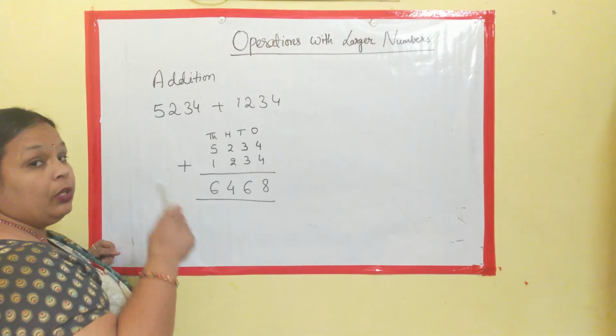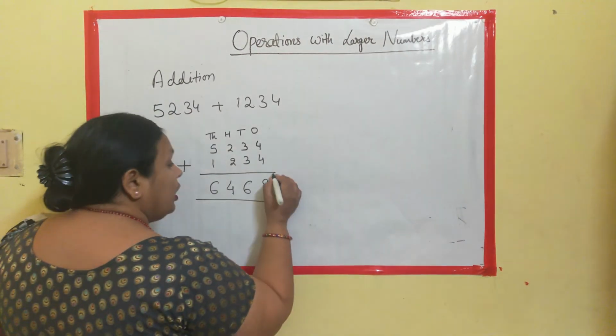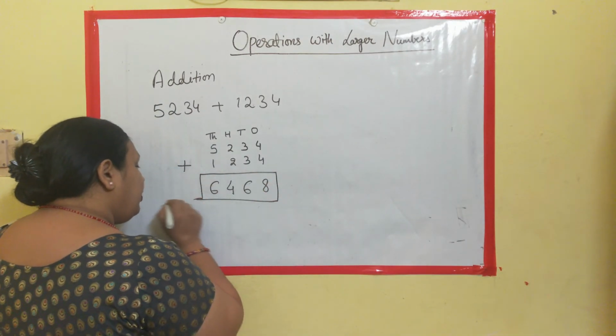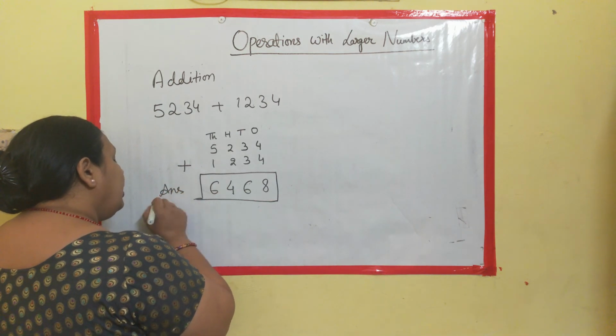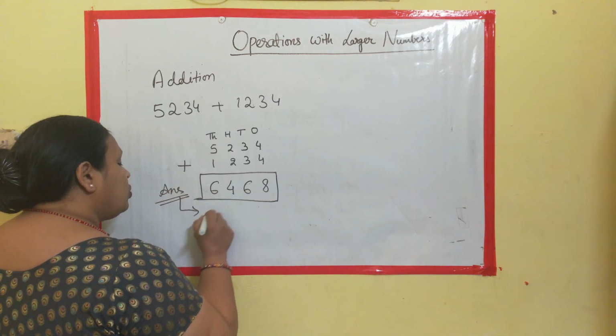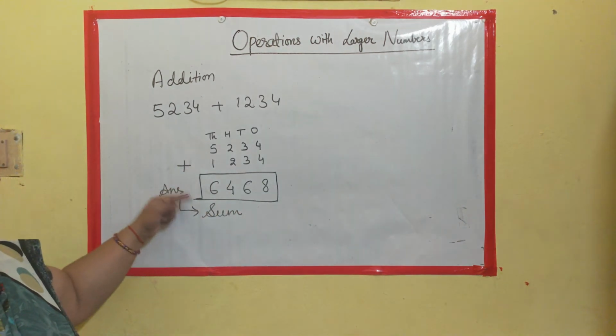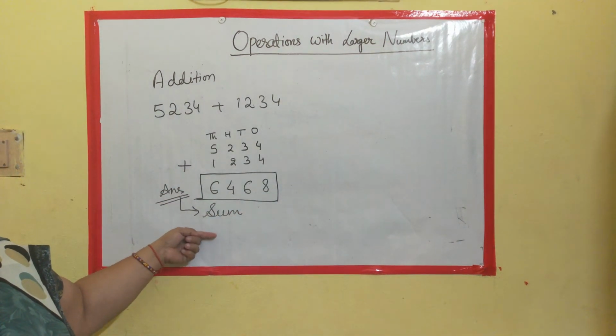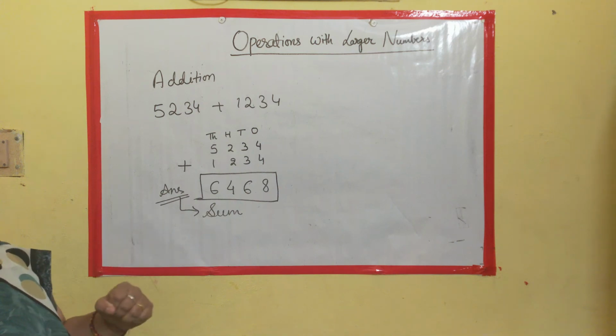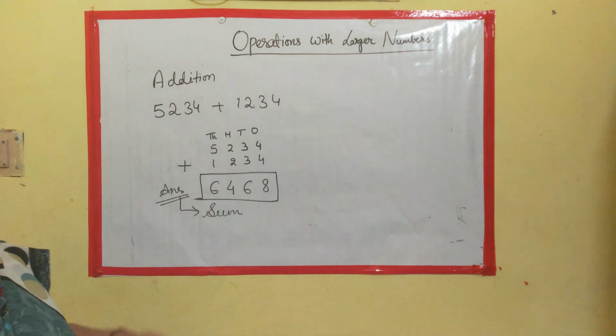What we are going to learn in this standard is about the answer which you are getting. Previously you used to write it as answer, but this answer is also called the sum. Clear? This answer is also called the sum. Now, what else we need to understand based on this?